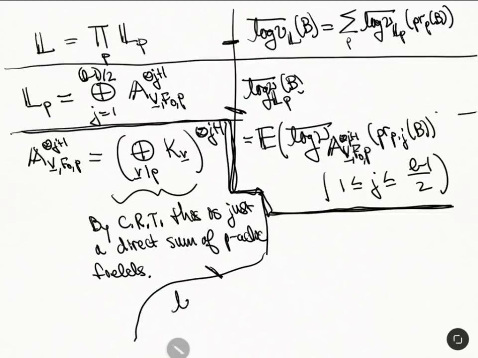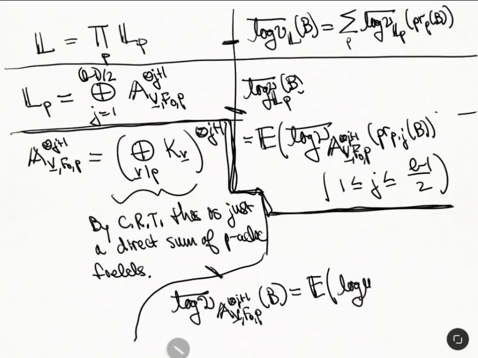So log nu, okay, and so this one's going to require a bit more notation of A, V underline here, J plus 1 of some region. So this is going to be equal to the expectation of, okay, so now I'm going to do log mu